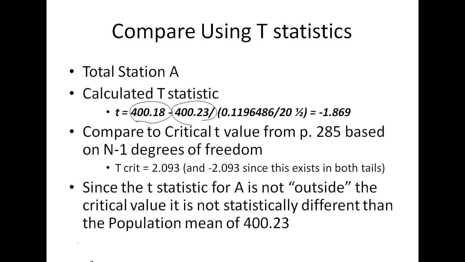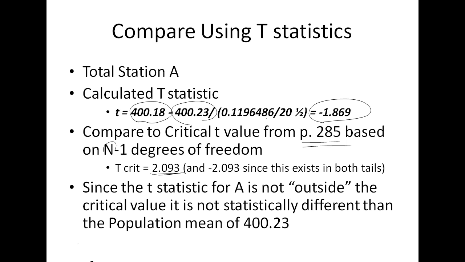You're going to compare this value to the critical t-values based on the degrees of freedom. The degrees of freedom is the number of shots that you took minus 1. So for total station A, you have 19 degrees of freedom. Go to page 285, look at 19 degrees of freedom, and for the significance level we've stated, 0.05, which would be 0.025 in one tail and 0.025 in the other tail, the critical t-value is